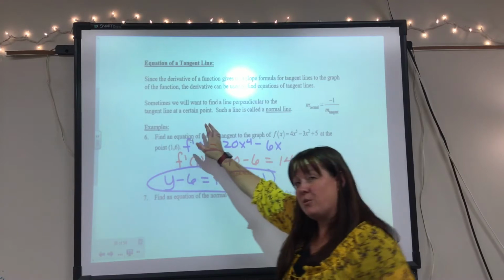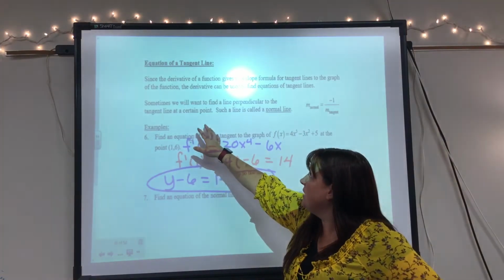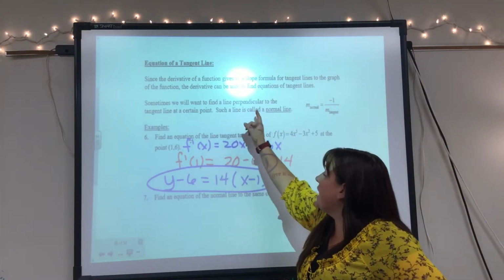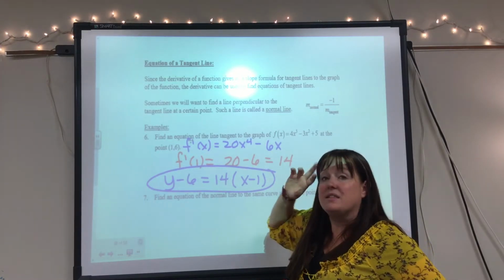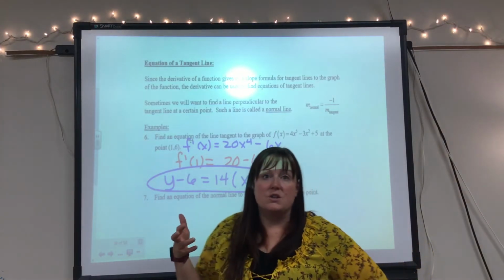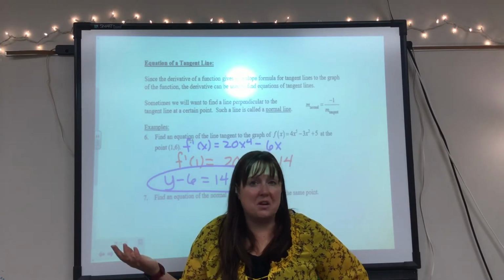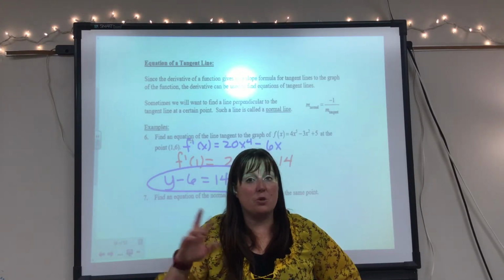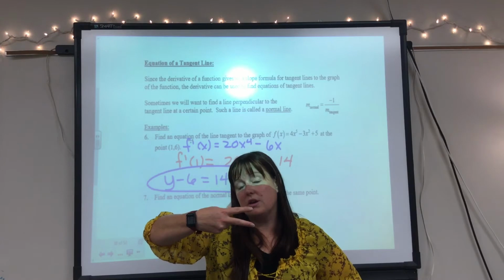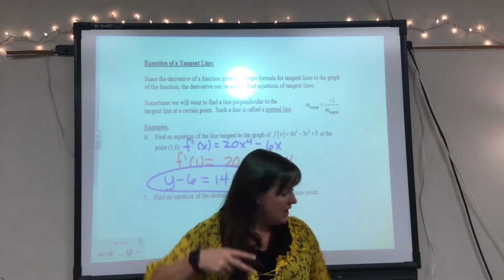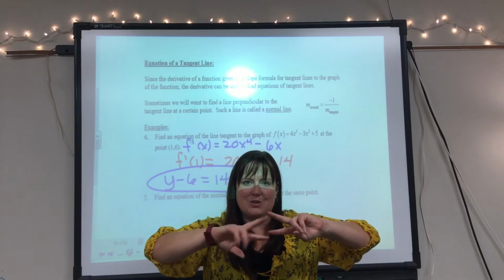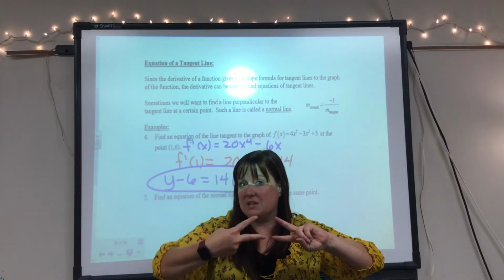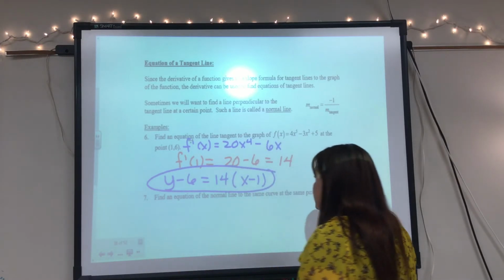So there's this other line that we're going to talk about, though, called the normal line. So sometimes we want to find the line perpendicular to the tangent line at a certain point, and that's what we call the normal line. So we know how to find a perpendicular line, right? The slopes are just opposite reciprocals. So we change the sign and flip it. The sign in sign language, the sign for reciprocal is this. So it's really easy to think about opposite reciprocals. Okay, so